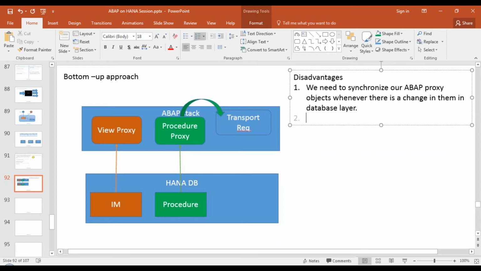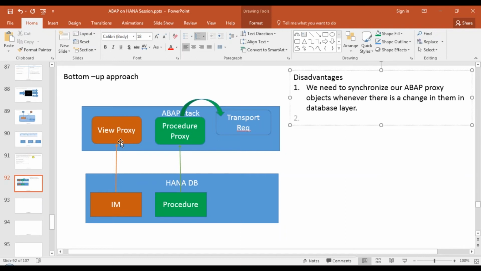Correct? You all agree with me? The first disadvantage of this approach, which we had also discussed in the past in case of view proxies, and then we said CDS view. That's the reason we use CDS view, because we don't have to take care of synchronization in case of CDS view.